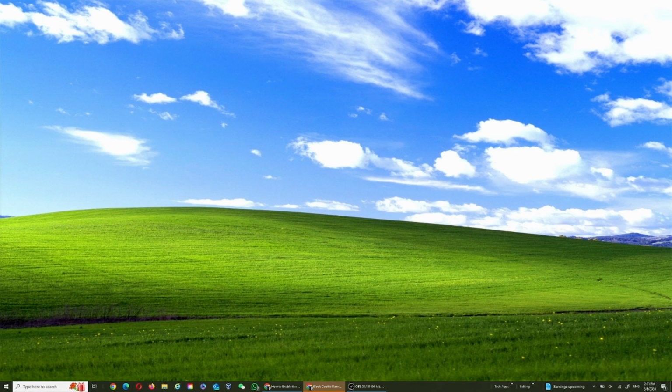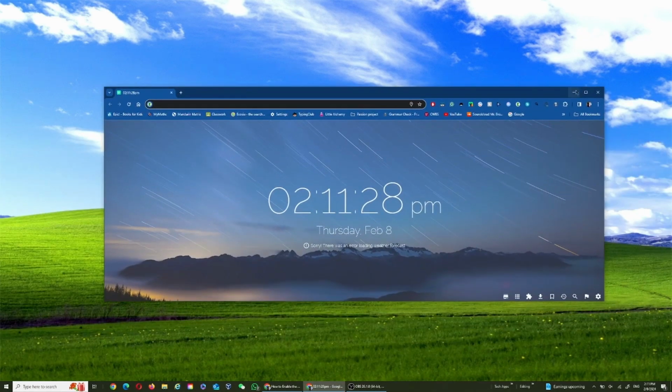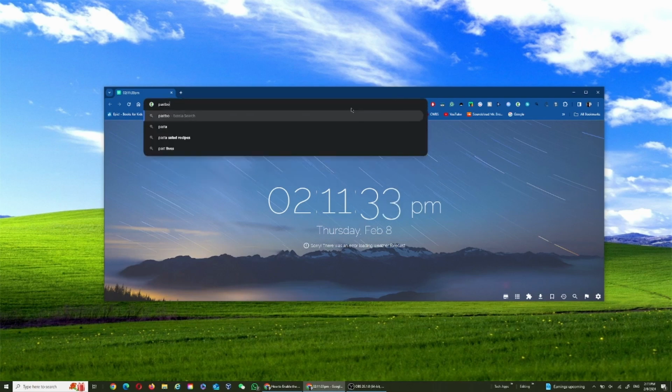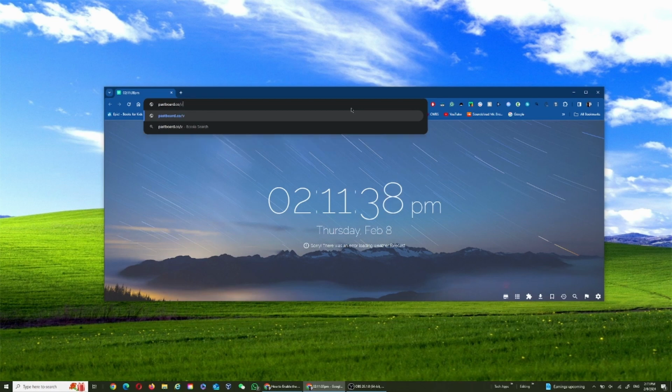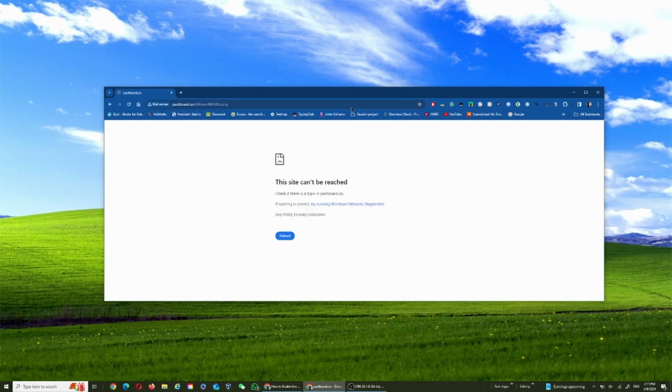If you go on to my website link, which is pasteboard.co/VSKOWN4WB4EX.png, this will also be in the description below. If you go into this website over here, if I type it correctly, then it will show you